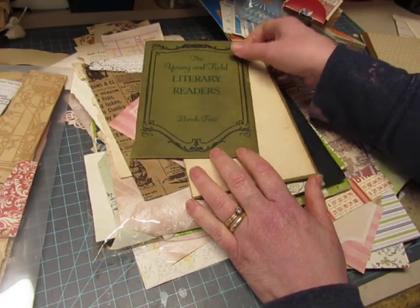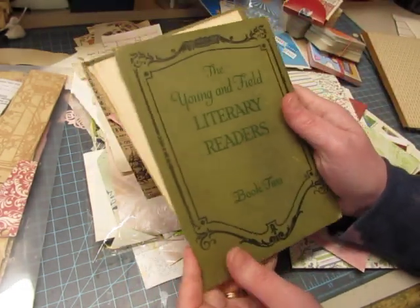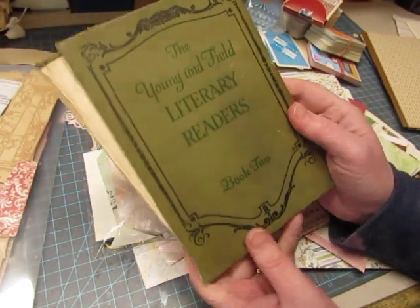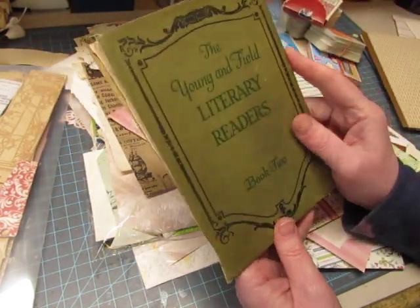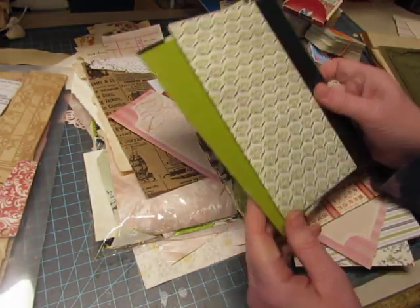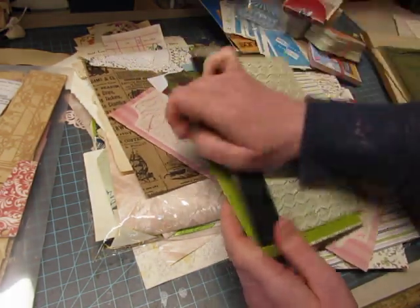This one I've had for a while, I think, the Young and Field Literary Readers. Just an old reader, but I like the vintage look of it and the fancy design around it. I think this will be a fun one. A Reader's Digest book cover,